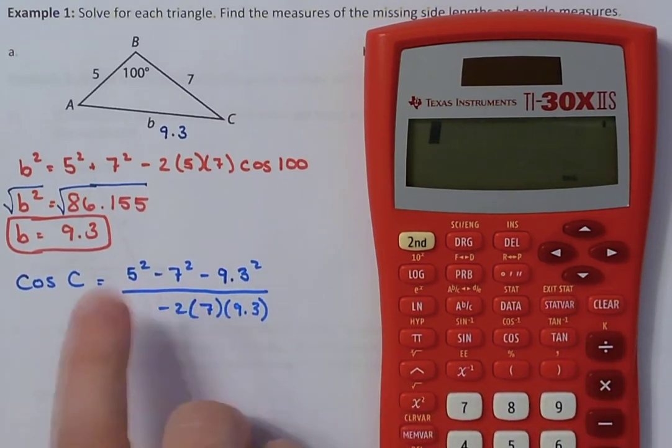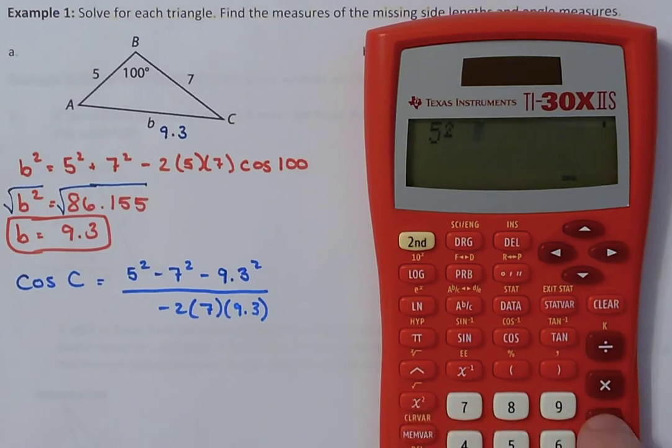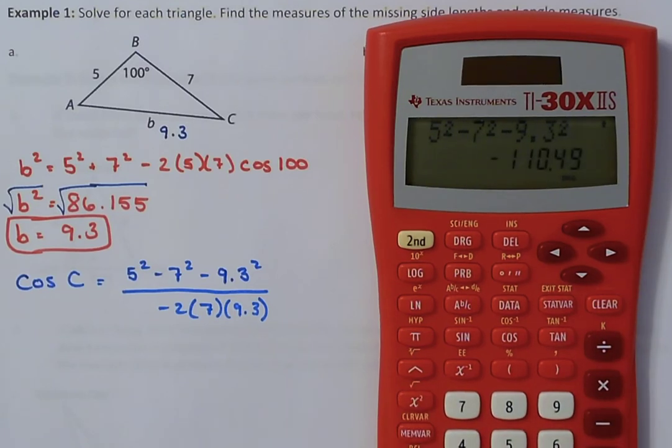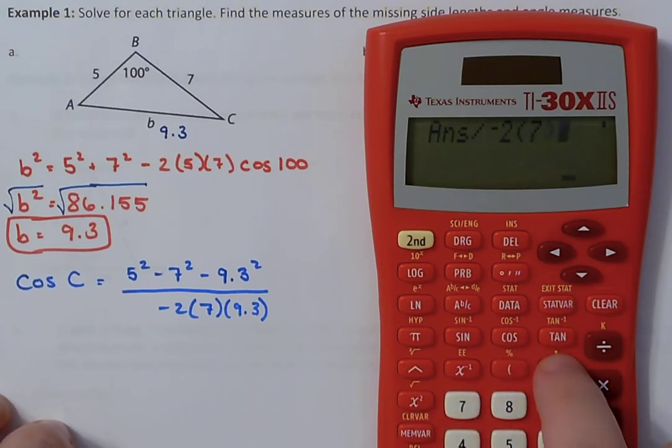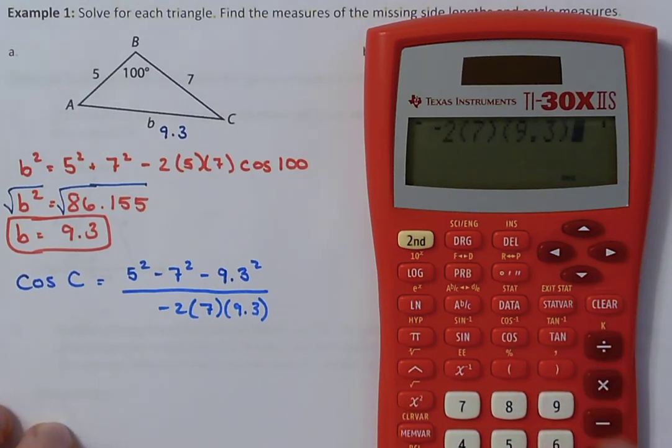So let's do 5 squared minus 7 squared minus 9.3 squared. And we end up with negative 110.49. And we're going to divide that by negative 2 times 7 times 9.3. And when we go through and calculate that, we get